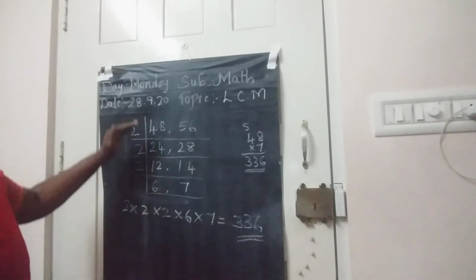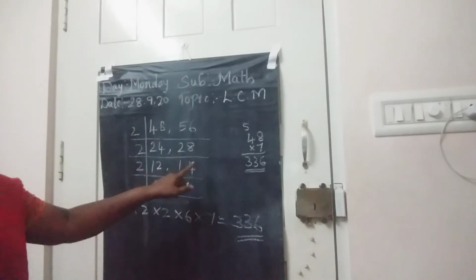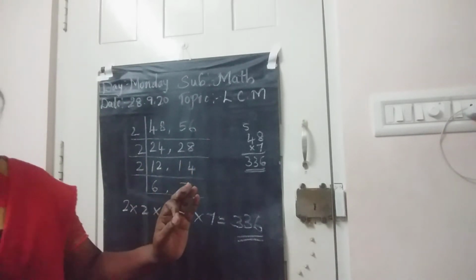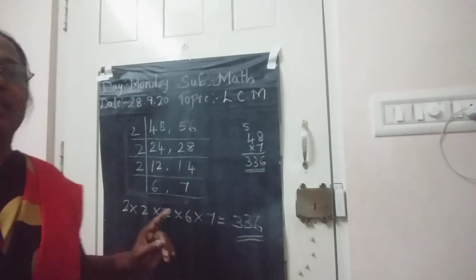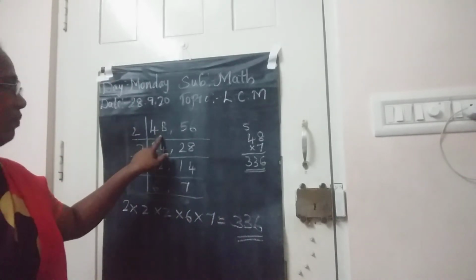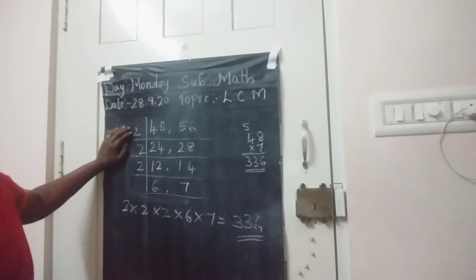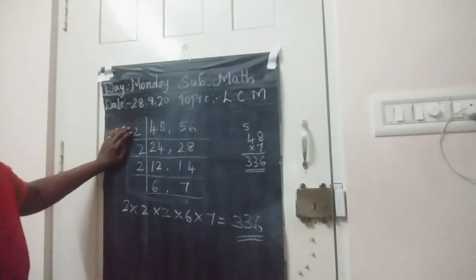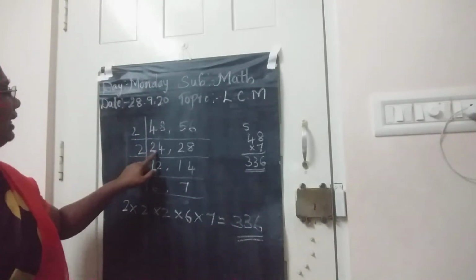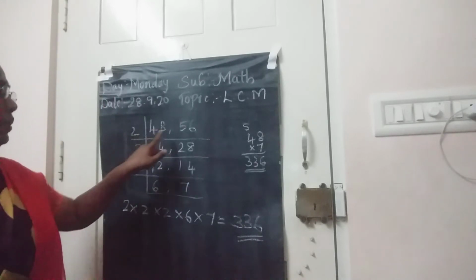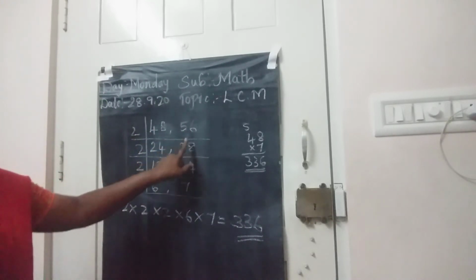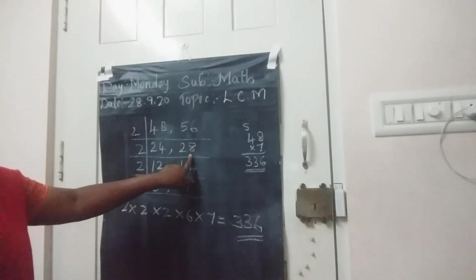Yes. So this we call division. I am doing short division. Again I will explain for you all how to do this. See, children, you have to take 48 and 56 and see in which tables they will go. Since we are taking the least common multiple, I have taken the least number, that is 2. 2 will go in 48 24 times. 2 will go in 56 28 times.